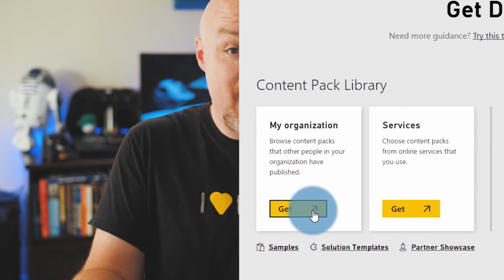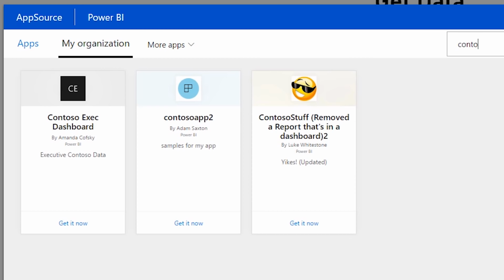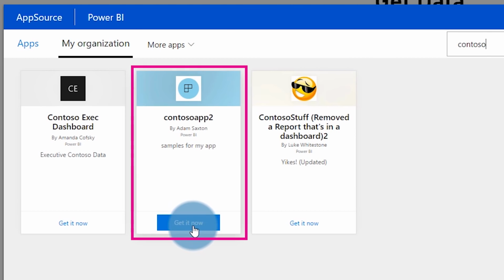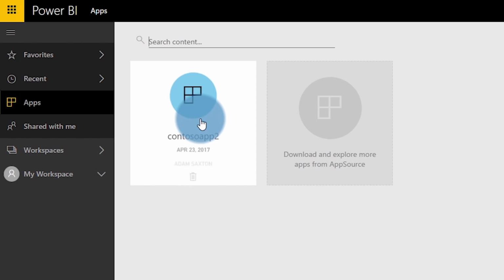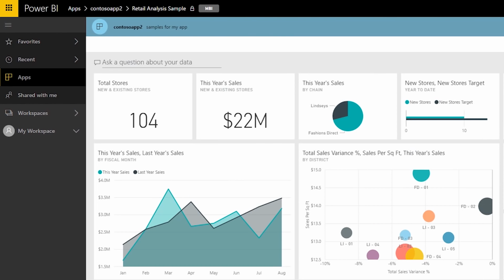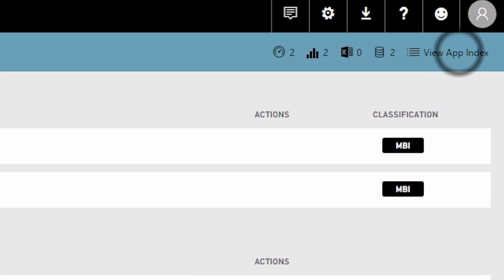Another reason are apps. So when we publish an app from an app workspace, if that workspace is backed by premium, we can share those apps with free users in our organization. So if you have a bunch of users that are just consuming reports, they don't need to create or publish reports, this is a great way to push those apps out to users in your organization so they can see those dashboards, reports, and be able to do certain things with those apps and have the ability to consume those without actually being members of the app workspace. So as long as it's backed by premium, they can take advantage of that.